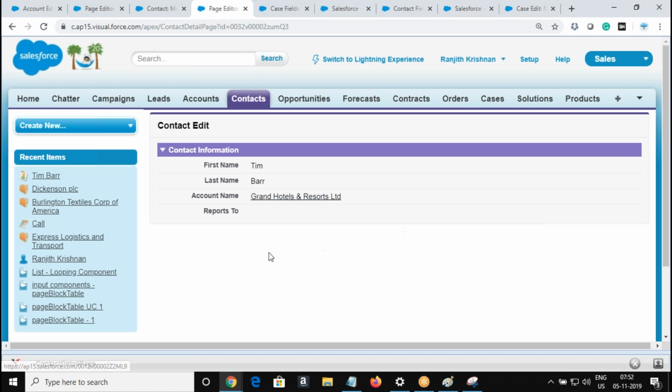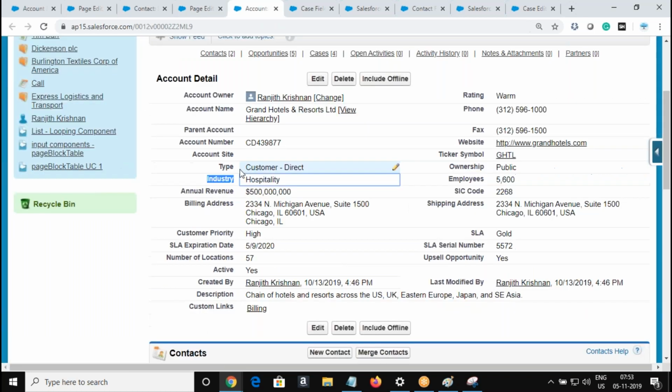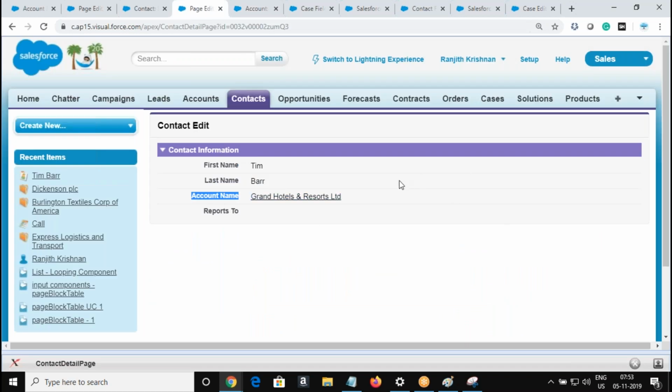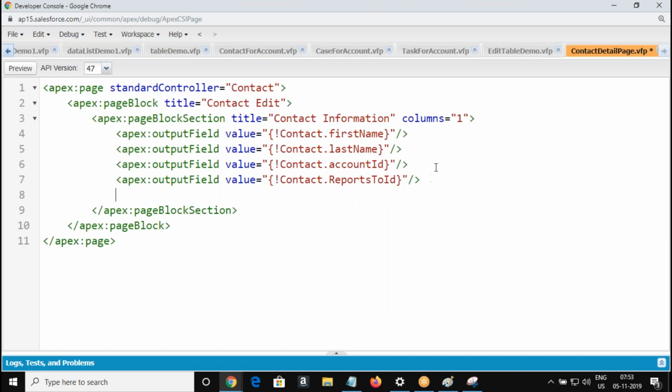your field, right? My requirement is now I need to bring the industry field from the account, the parent field. I need to bring the industry of the account. Whatever field is there in this account, Grand Hotel Resorts Limited, industry field, the type field, annual revenue, I would like to display it here. The parent field I would like to display here. Okay, what is the naming convention we are going to follow to bring the parent field here? Listen, I make it a 2-column layout.